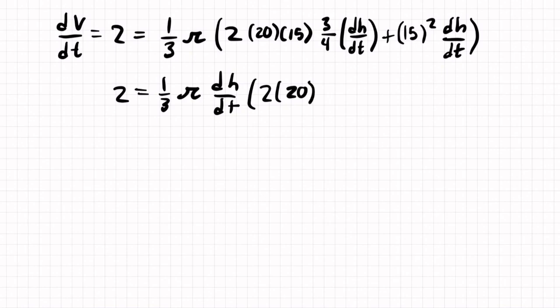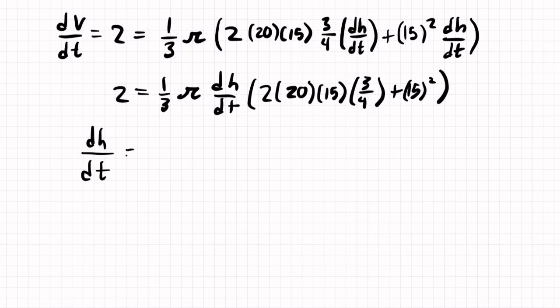I'm just going to copy it here: 15 times 3/4 plus 15 squared. And lastly, let's divide both sides by everything but this dH dt. So we'll get dH dt equals 2 over 1/3 pi